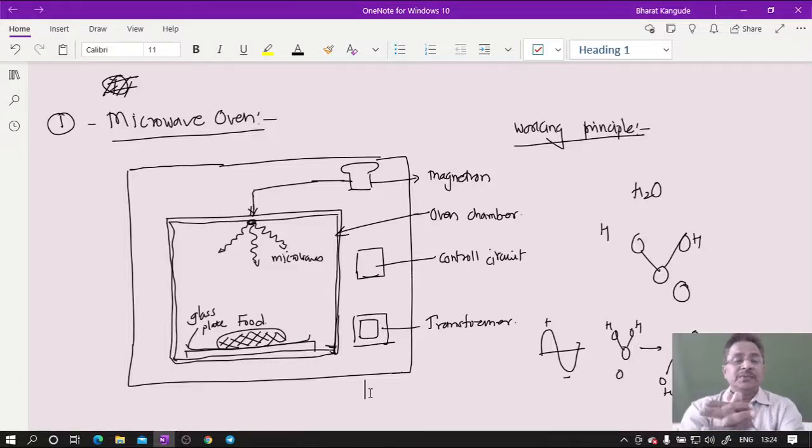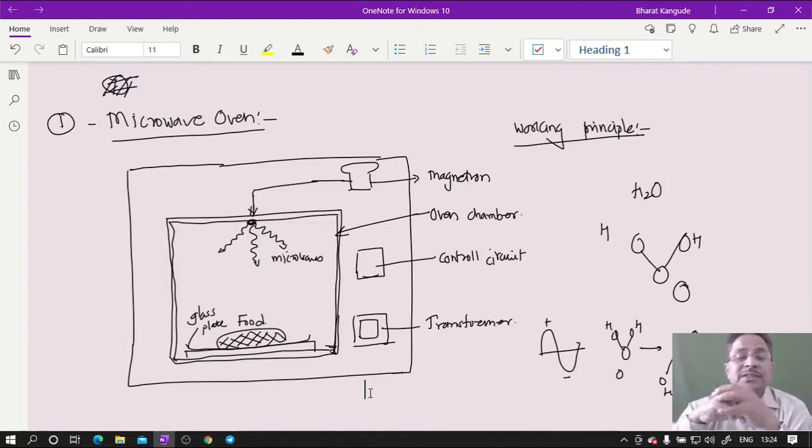So as I said in the last lecture, this is a microwave oven. Microwave is one of the important parts of the electromagnetic spectrum, where microwaves can be used for cooking food with this device shown in the diagram, called a microwave oven. Now how does this work, what is its working principle, what are its advantages, what are its disadvantages, what is the difference between conventional cooking and the cooking done by this microwave oven? That is what we are going to discuss very briefly.